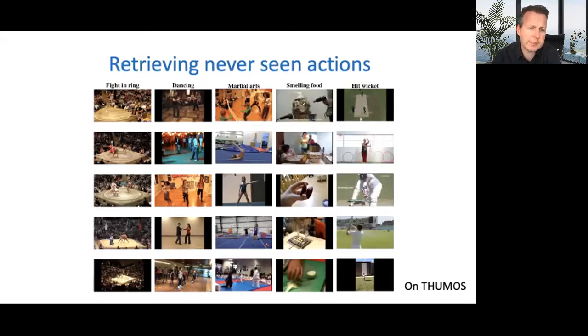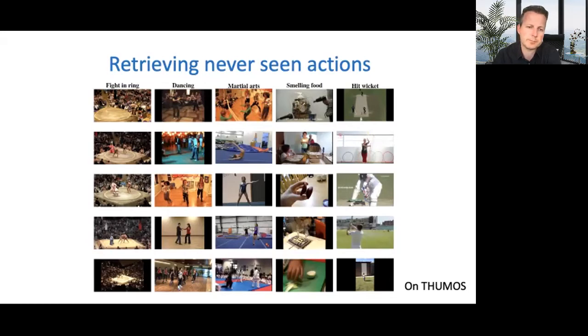And also dancing is not an activity in THUMOS, but we could still get good results. For the hit wicket, it seemed to me reasonable because at least we see some cricket going on, but I've been told by the experts that none of them contain a hit wicket,